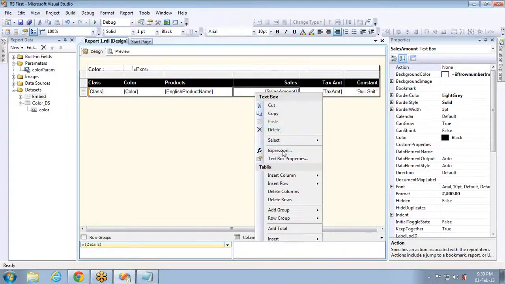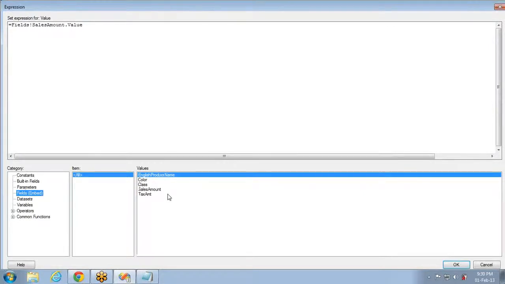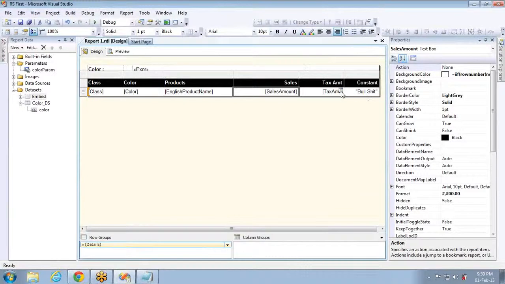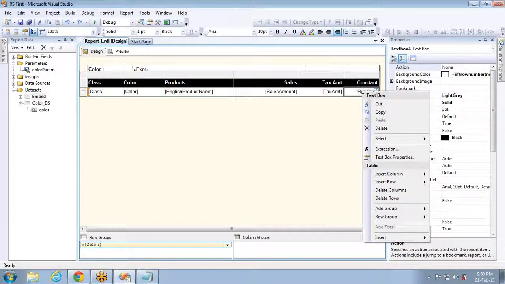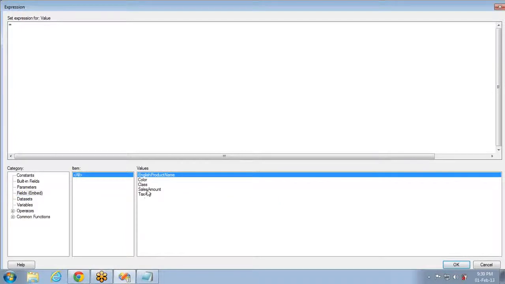So right click expressions, you can select fields and select a particular column to display that value, or simply keep the mouse here. You can see this icon, select this and select whatever column you want to show. For example, for this constant, if you want to show sales amount, again select this, or I go back, go to text box properties, go to fields and select sales amount.